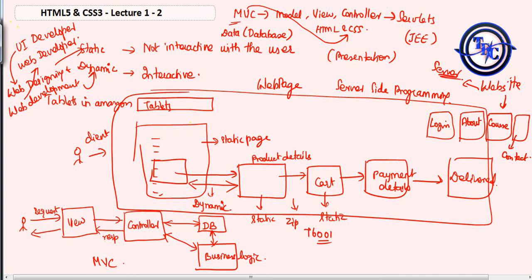Google is a server, Yahoo is a server, everything is a server. So when the user clicks the page, it goes to the server and fetches the data whatever the user needs and gives it as a response to the user. That's what is happening, right? So a web application is nothing but your website deployed in a server so that everyone can access it. We will see that also.